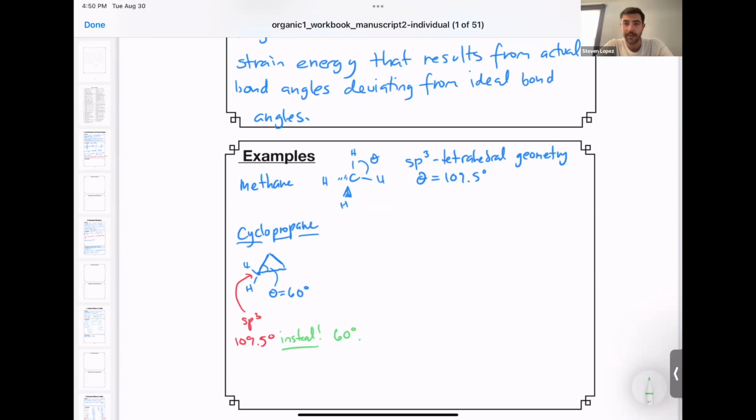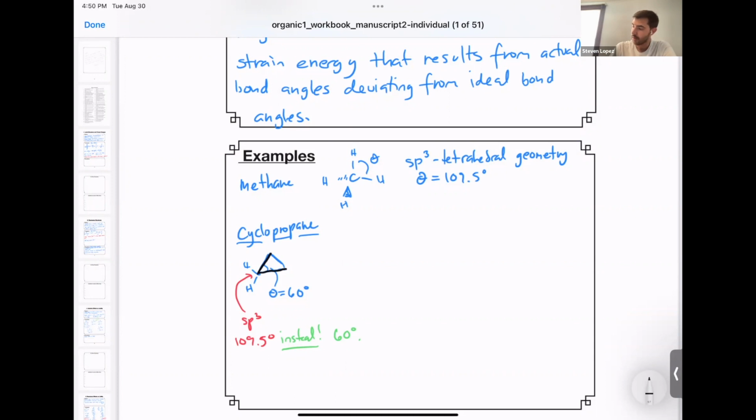And why is this higher in energy? It's higher in energy because the angles that flank either side of that carbon, which I'm going to show here in black, are closer together to one another than they would be if they were 109.5 degrees. And remember, there are two electrons in each one of those carbon-carbon bonds, which means we're pushing those electrons, which are negatively charged, closer together, and that results in a structure that's higher in energy.